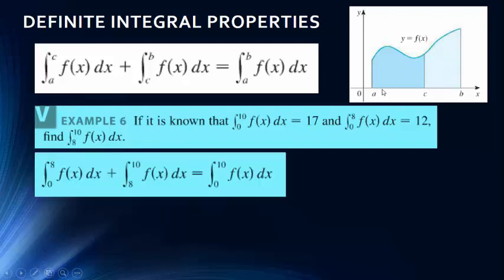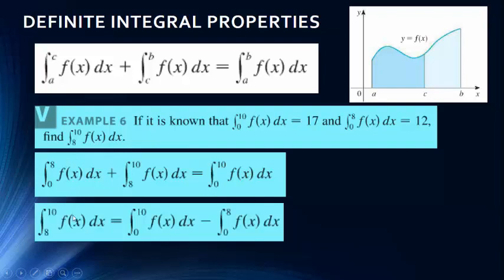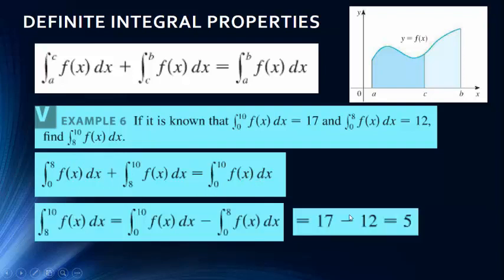You could even put these in order. From 0 to 8 plus 8 to 10 gives me the area from 0 to 10, so I can look at each piece. Well, here it solved it, and I get 17 minus 12 equals 5. This is pretty straightforward. Again, I'm not going to spend a lot of time there, but you can look at that again and try